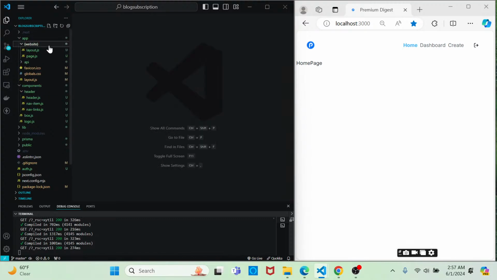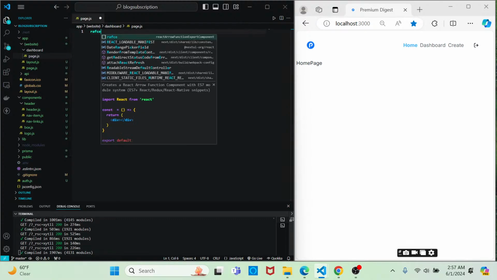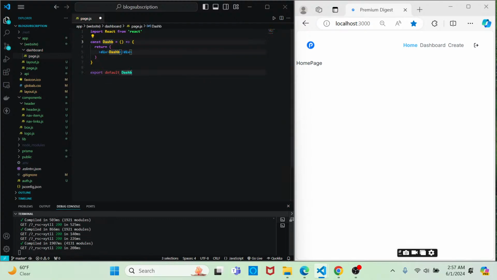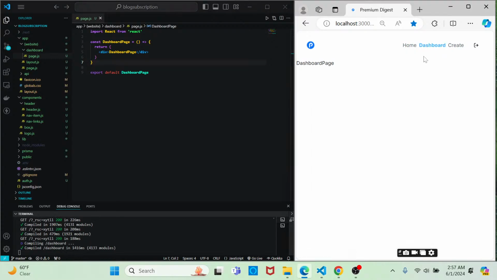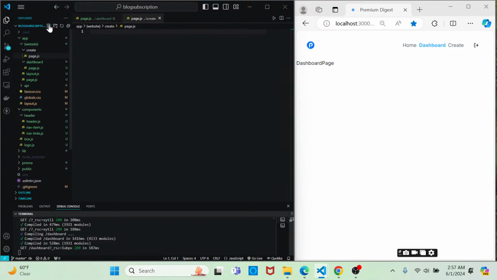So inside of the website directory, let's add a folder named dashboard, and inside of it, let's add a file named page.js, and we'll give it the React snippet and name this function DashboardPage. And if we click on Dashboard, you'll notice that we are redirected to the dashboard page, and the text is now blue. And then inside of website, let's add another folder named create, and we'll give it a page.js,